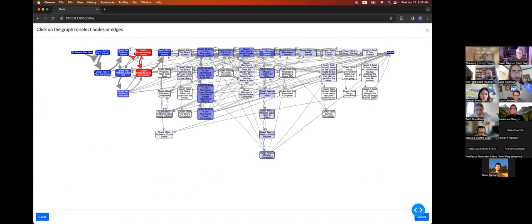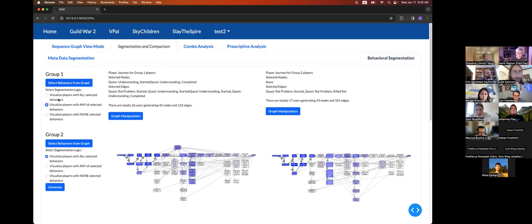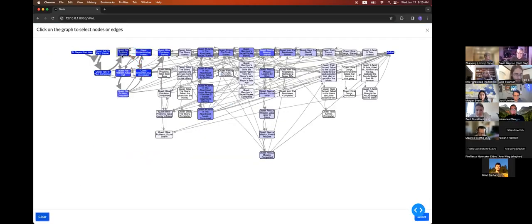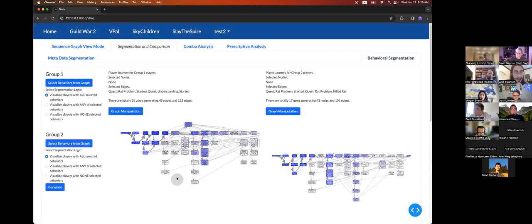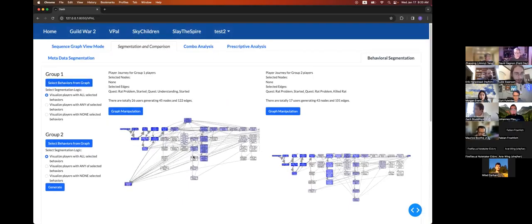So in this one, you select 2 edges and 2 nodes, and you can select any. The all option here means all players who visit all of the 4 elements, and any and none are pretty self-explanatory, I would say. Yeah, so this is the selection part. And for the result, you can see